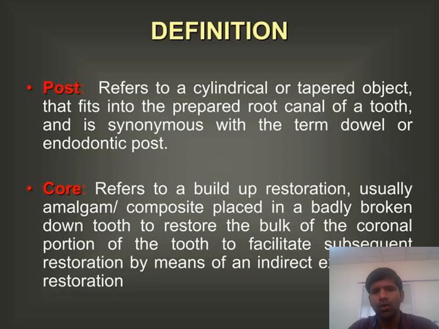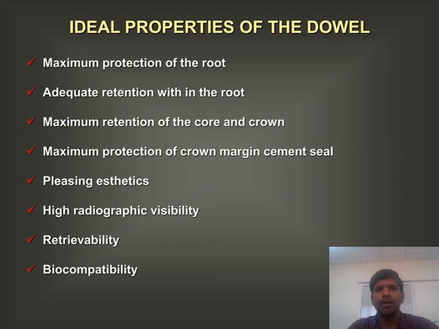Coming to the core, core refers to a build-up restoration, usually made of amalgam or composite, placed in a badly broken down tooth to restore the bulk of the coronal portion of the tooth to facilitate subsequent restoration by means of an indirect restoration. Coming to the ideal properties of the dowel, the ideal properties of dowel are maximum protection